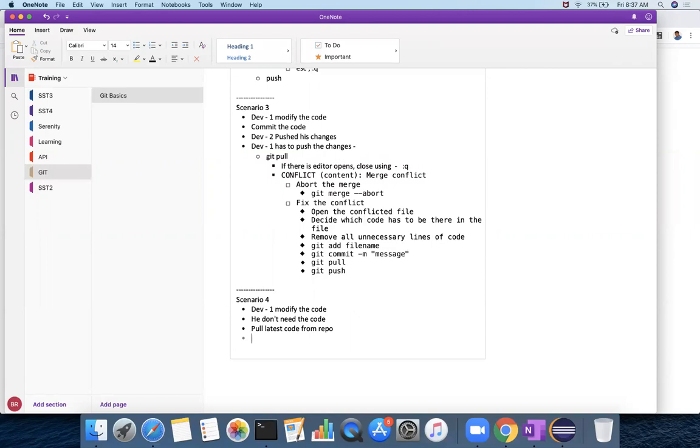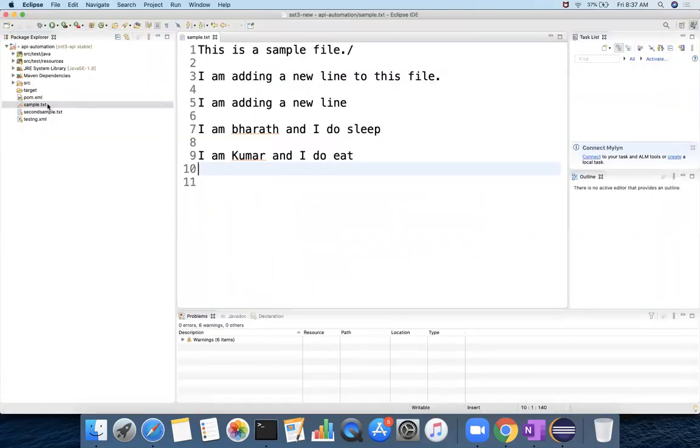Let's say you made the changes in the current project itself, whatever project we have here. When you made the changes here, the next day I've pushed some code and you want to get that code. Whatever changes you have done are causing issues for you. At that point of time, we don't need the code you have written, so you just want to delete them. What is the simple way to do that?